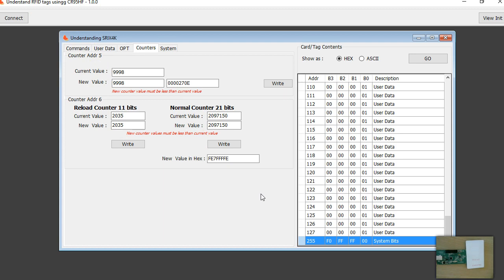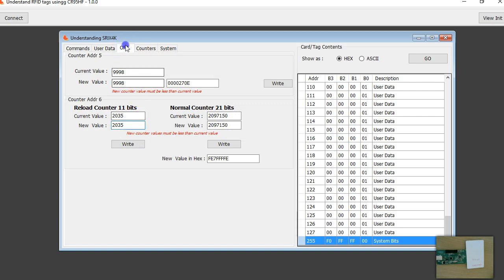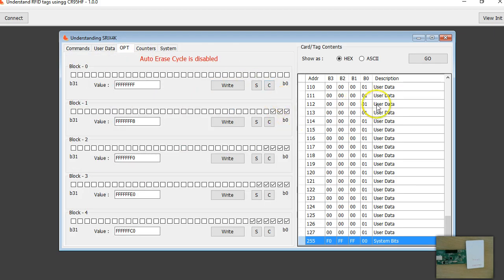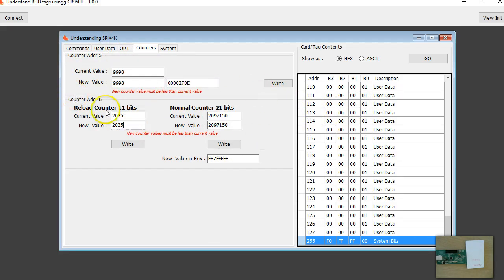How do we protect? See, I can have a separate video on how to protect it, but just to make it simple, we know that in case of SRIX 4K, the thing I like most is the OTP are resettable. So just want to briefly mention, I've done this in my previous videos. Just a quick one, if you want to reset back to 00, what we end up doing is,